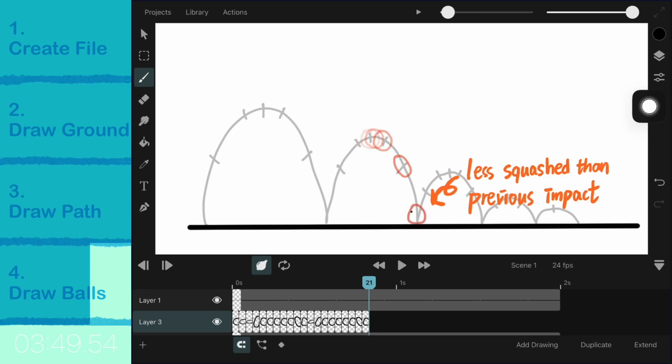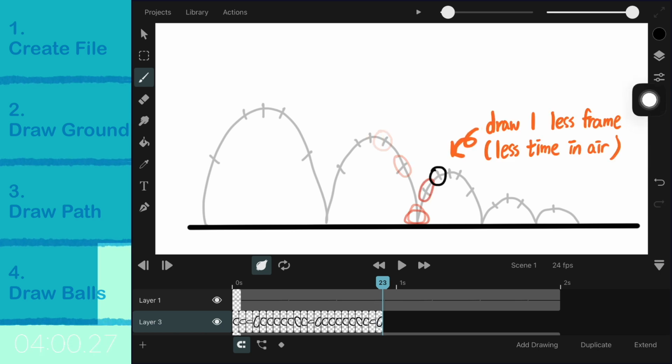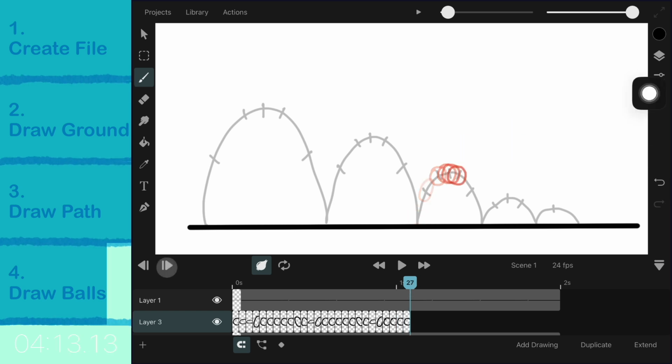Also after each bounce, the ball will be gradually losing its height. You should also maintain the volume or the area of the object, which I didn't do well. And when I'm drawing the frames for this bounce, I actually drew 1 less frame at the top. Once again, it may not be exact, but it's showing that the ball is staying less time in the air. The key is to make the animation feel right, but make some difference to make it more interesting than the